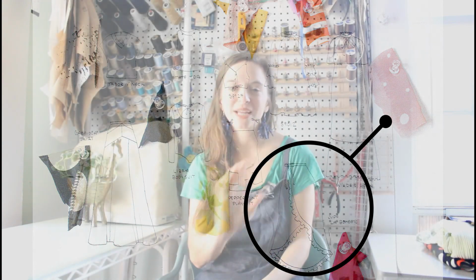Lastly, the Jupe La Boheme skirt, which is a beautiful wrap high-low skirt. I've been wanting a skirt like this forever. Still definitely on my list. I don't know if I'll get to it. It was something that I was hoping that I would make